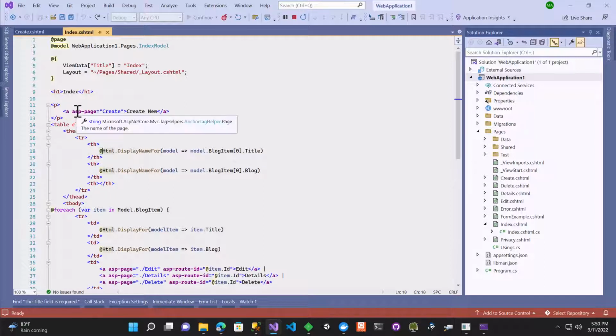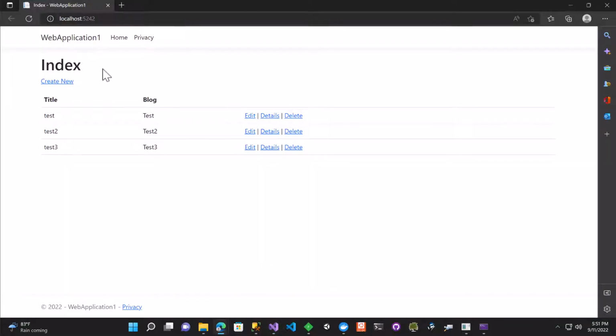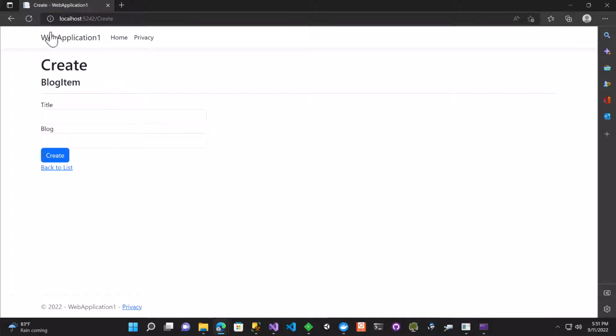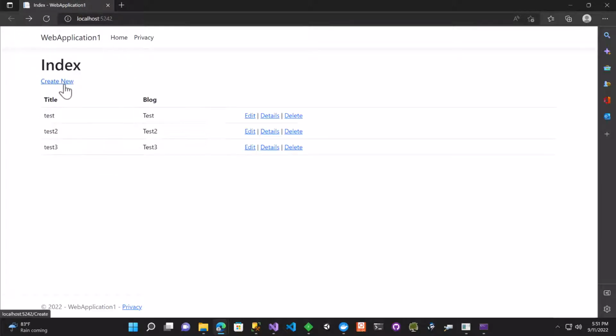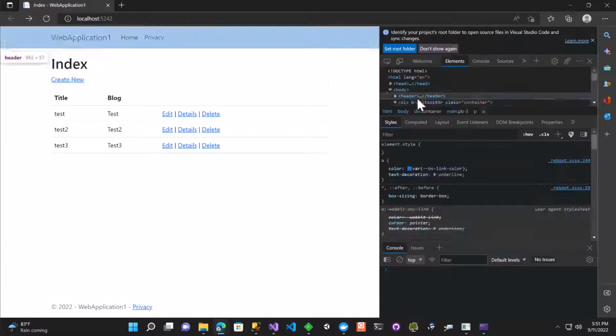But if we bring our cursor on it, notice that it is recognizing that this is a tag helper for the ASP page. And basically, this is generating an anchor tag, which is the HTML way of creating a link. If we go back to our index page, you'll notice now we have a link. If you bring your cursor on it, you can see that it's pointing to the correct page, which is creating a blog post. So if we were to inspect this and look at the HTML,